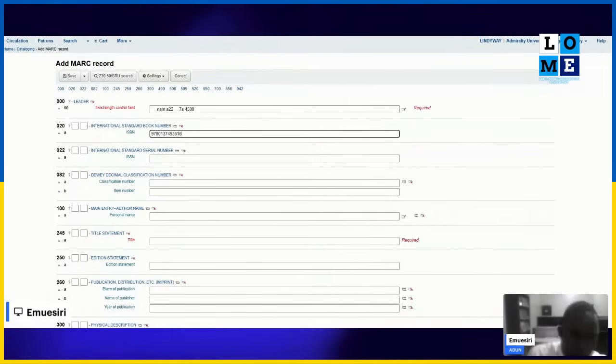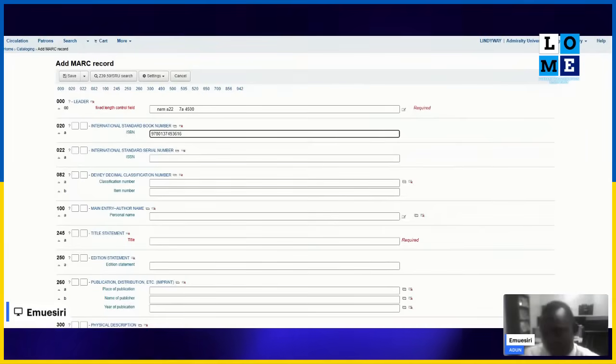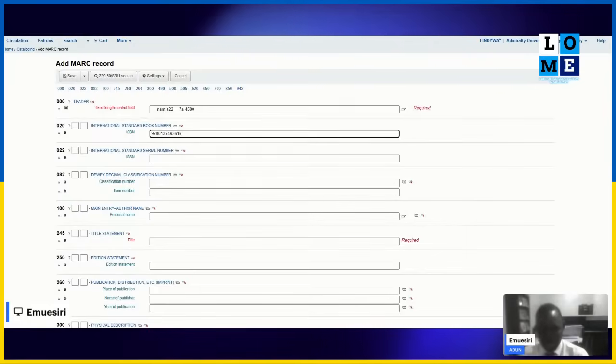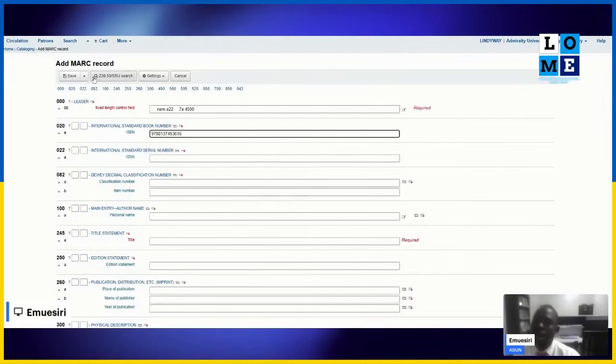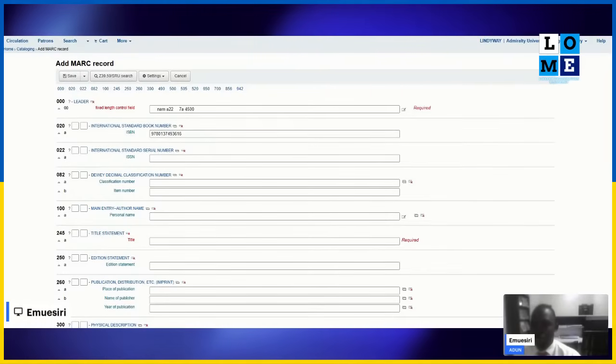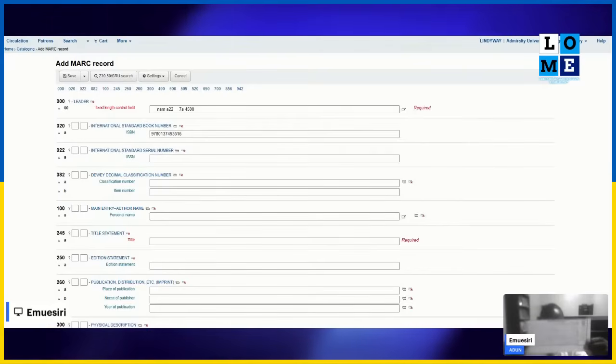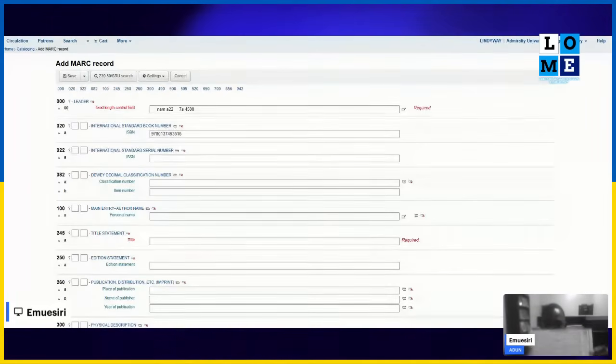And the ISBN will be there. But first of all, before I do this, I want to let you know that, like what Dr. Ni said, we prepare manual worksheets. When we prepare a manual worksheet, this is the worksheet where all the bibliographic information about the